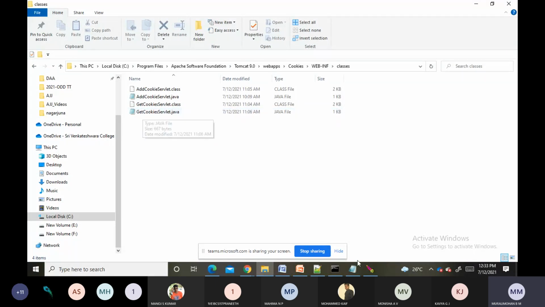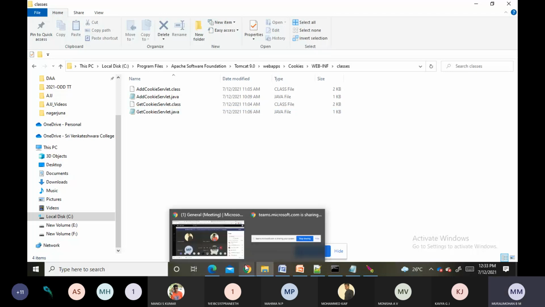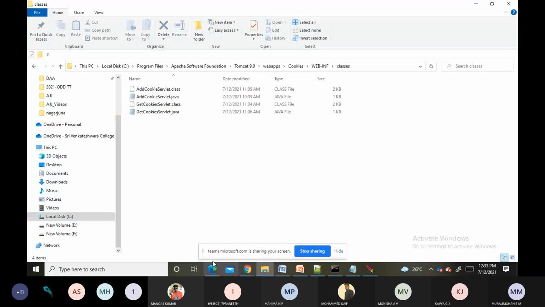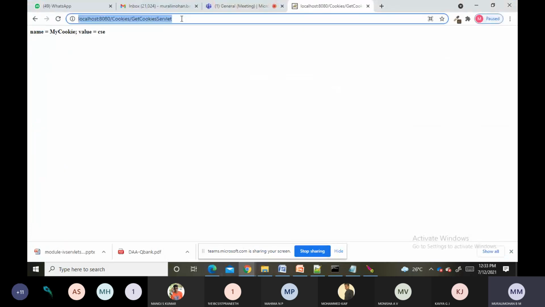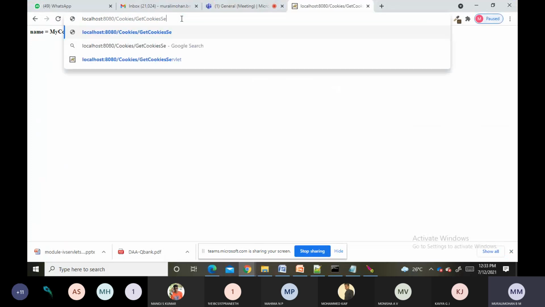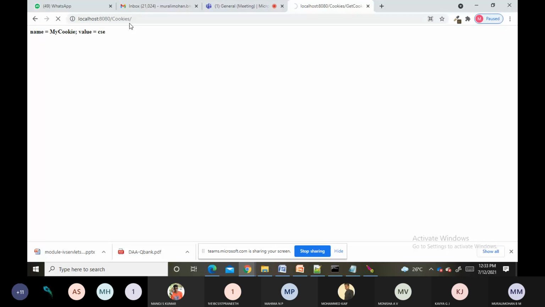The server is also running, so now we'll go for executing this. First is our HTML file. As I told, we have the cookies folder, so localhost:8080/cookies. Click.